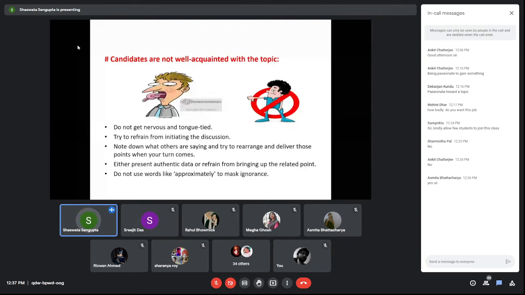Now, when you're making the conceptual framework, you should have clarity. When the other candidates are speaking, listen very, very carefully to their points, to what they are saying, and then try to understand the concepts. Once you have got the concept, you can just refer to their points, you can hear what they said, and then you can try to rearrange their statements in a different kind of language.